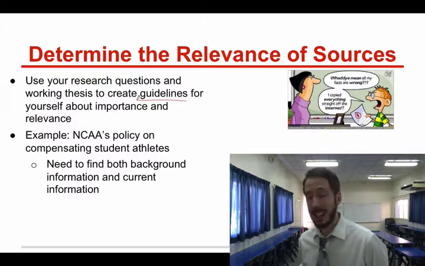Now, there are two different types of sources that we can look at. We've talked about this multiple times: primary and secondary sources. So depending on the topic that you have, you're going to be looking for a majority of either primary or sometimes secondary sources. You always want to stick with primary because primary adds a lot more credibility to your argument because it's the original source. Secondary sources are very valuable because they will corroborate what you're trying to say.